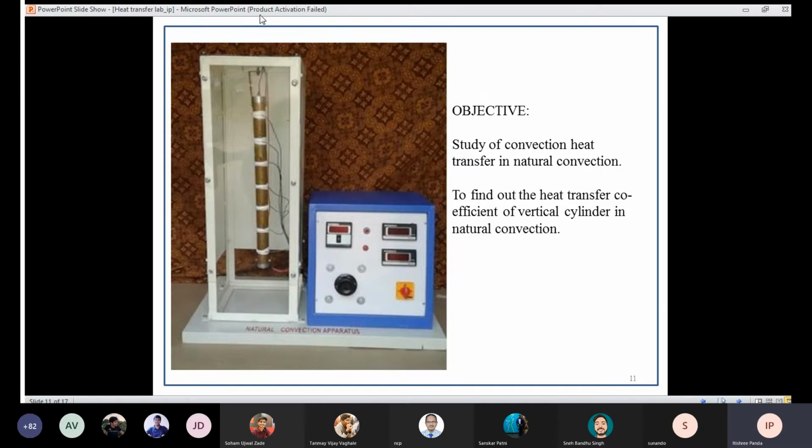Otherwise there will be a recirculation of the hot air, and it will create a current inside. Then we cannot say this system is a natural convection system anymore, right? So there is no forced circulation of air around this system. It goes in, heats up, goes out, and then cooler air comes in again.